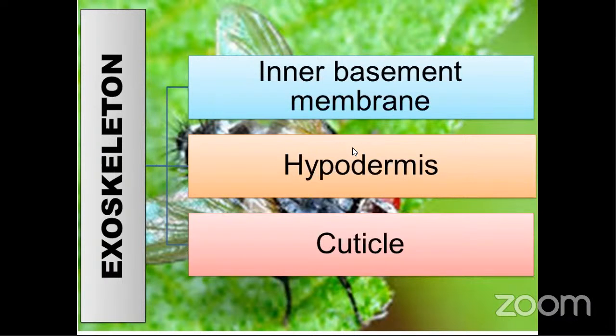parts. Those are the inner basement membrane, the middle hypodermis, and the outer layer cuticle. Whatever name you use, it consists of these three parts. The inner basement membrane is the starting layer, the basal part of the body wall. Hypodermis is unicellular. The remaining two are